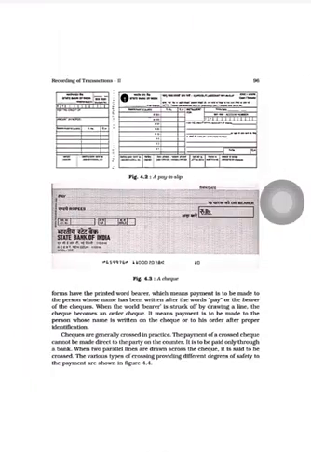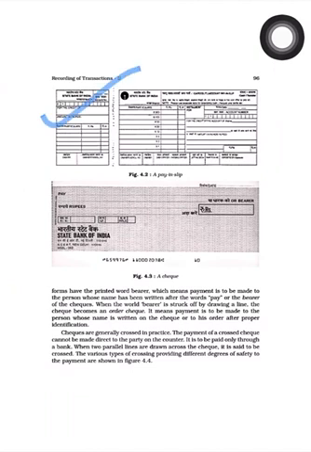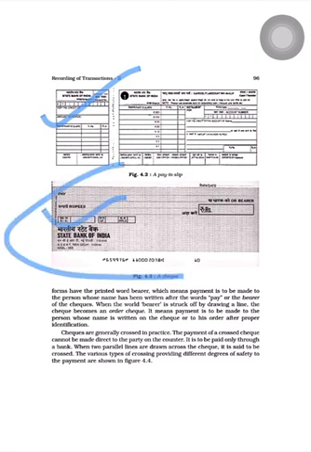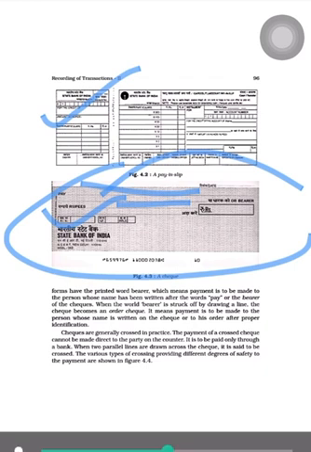Now I will show you the format of a pay-in slip. If you have deposited money in an account, you are totally aware of that. And this is the format of a check. Here the name of the receiver will be written, and the amount. Okay, so now let's move further.